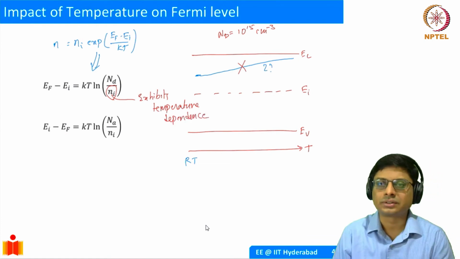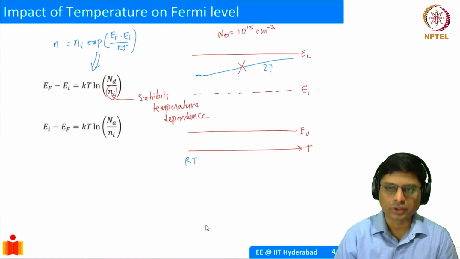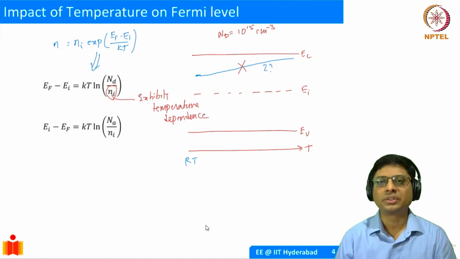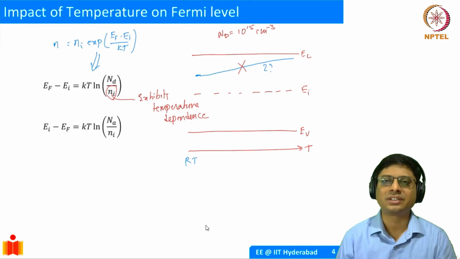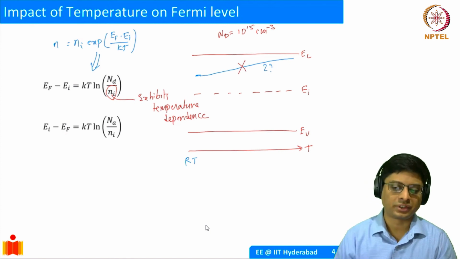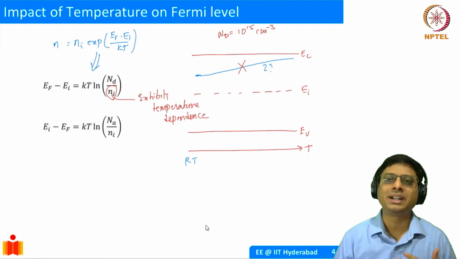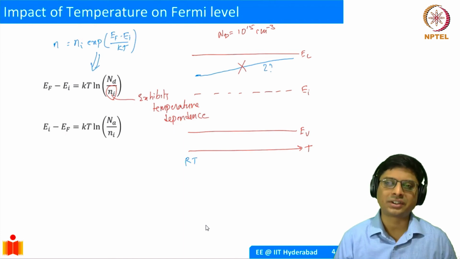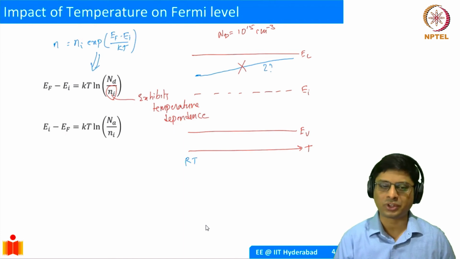You know, I really like this sort of graphs which will tell you qualitatively what happens with changes in temperature, doping density, and so on. Because if you're able to correctly draw these graphs, you understand quite a lot of physics. So please try to make sure that you are independently able to explain the graphs. Whenever you see a graph showing some parameters varying, please think about it. That will really help clear up a lot of concepts for you.